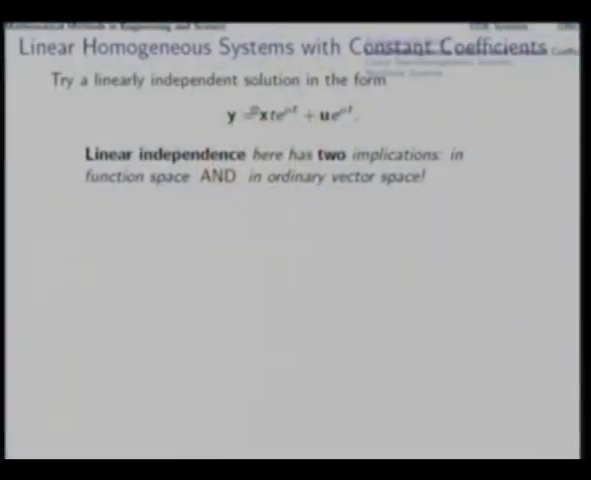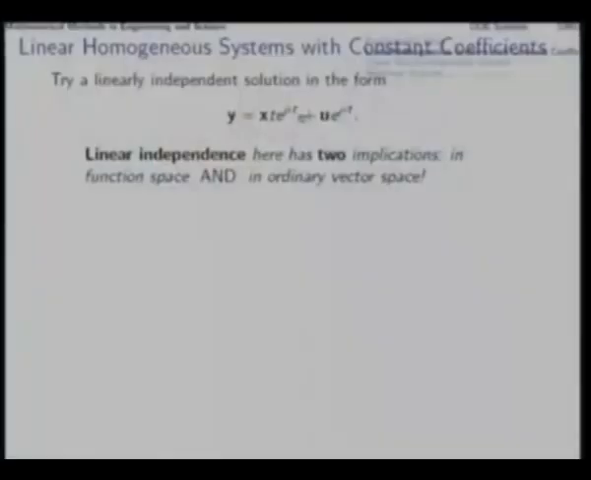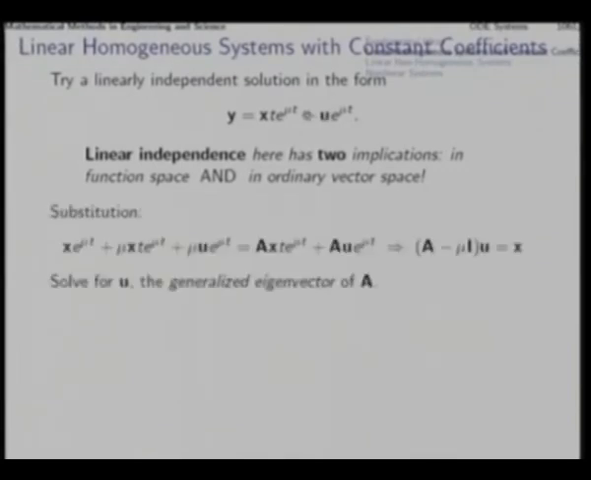Now, we try this function and try to insert it in the differential equation y prime is equal to A y. So, the derivative of this we will equate to A into this, and then from there we will try to find out the vector u. So, as we substitute